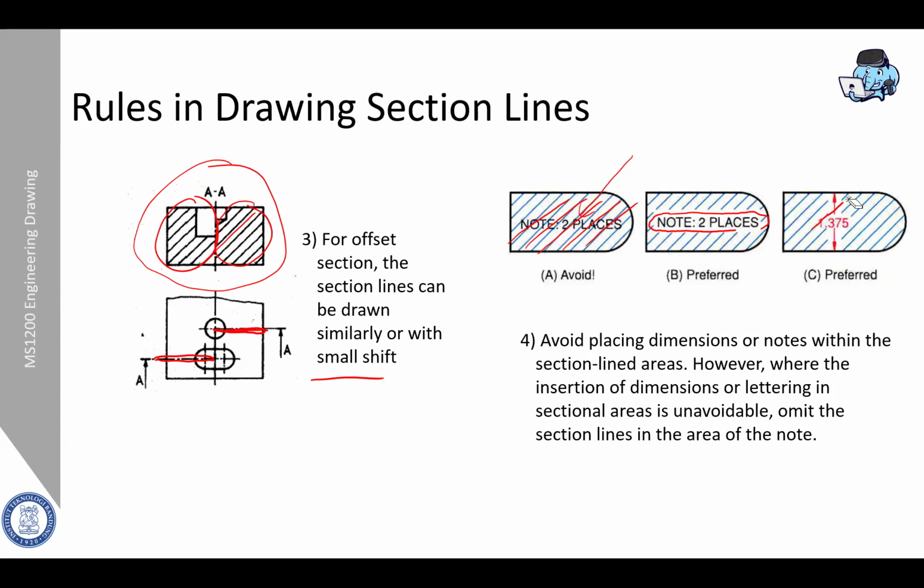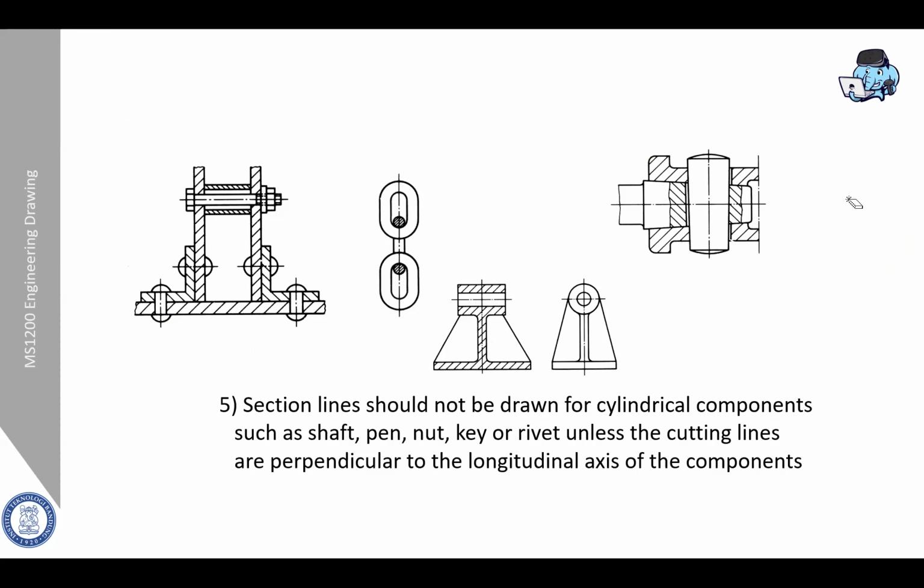Okay. Next. The section lines should not be drawn for cylindrical components, such as shaft, pin, nut, key, or rivet, unless the cutting lines are perpendicular to the longitudinal axis of the component. So as you can see here, there are several rivets. Let's say it is a rivet. And this one is a shaft. So you can see that we do not draw section lines on shaft, rivet,